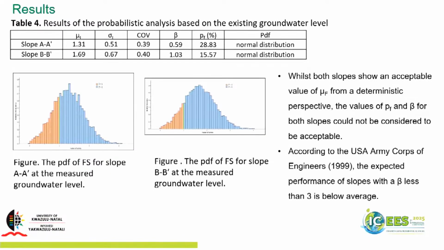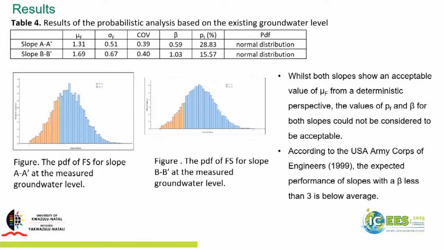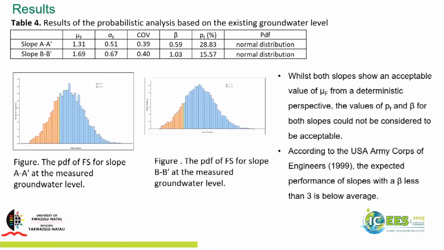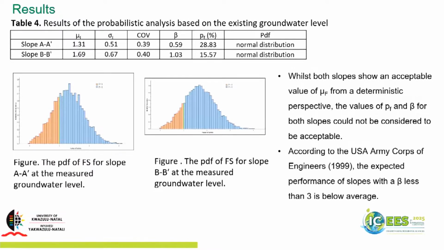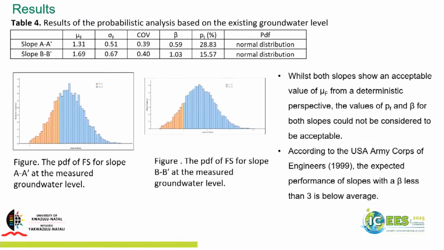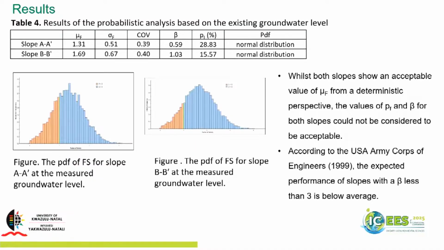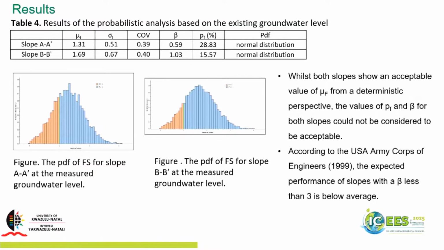So from a deterministic point of view, both slopes show an acceptable value of the mean. The values of the probability of failure and the reliability index for both slopes could not, however, be considered acceptable,